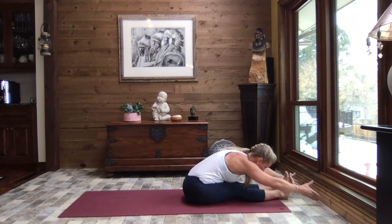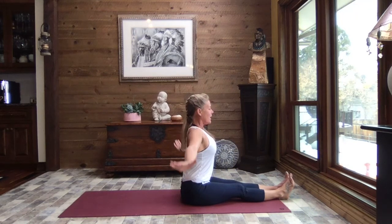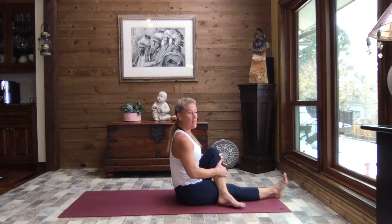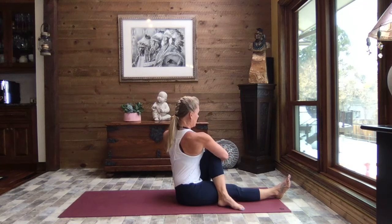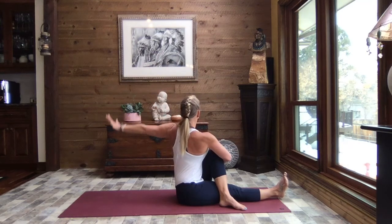Inhale, reach it out, sit up nice and tall. Release your hands down by your sides. Crossing that left leg up and over the right, bringing that foot in just as tight as you can get it, wrapping the crook of that right elbow around the knee, pull it in as tight as you can pull it in. Add a flex of that right foot, left arm extends out, circle it around, left hand to the mat,